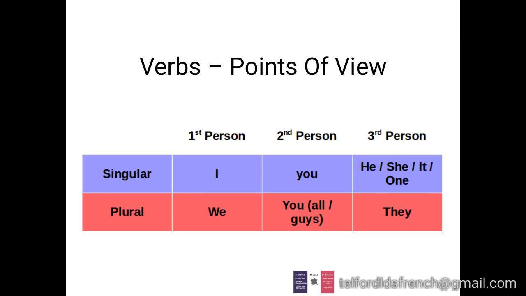For the third person plural, we use the personal pronoun they to talk about a group of people who we are not talking to. Let's have a look at an example